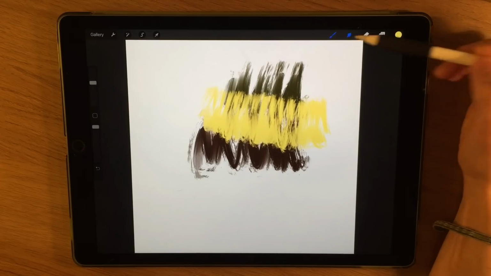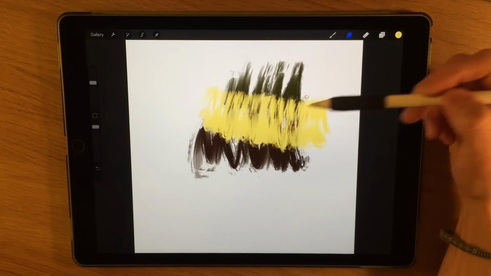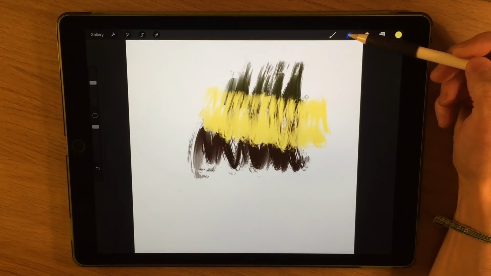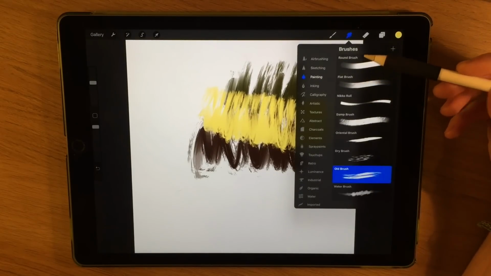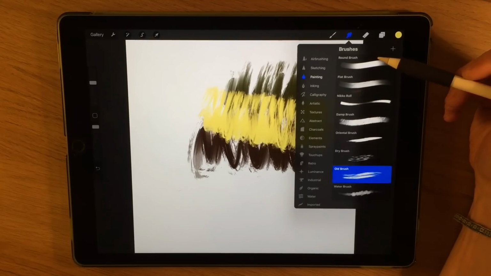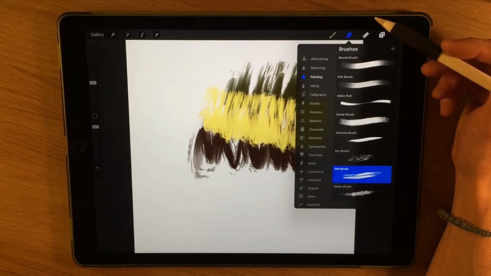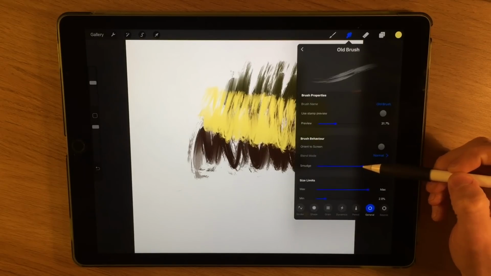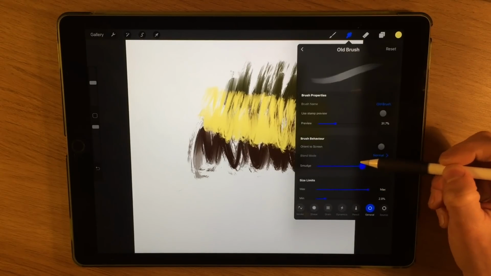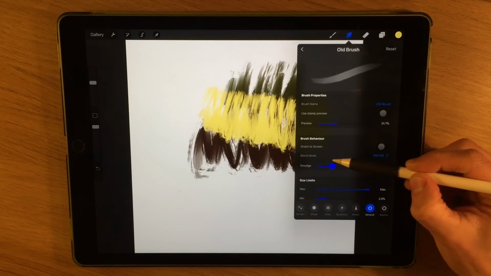So when it comes to the smudge tool, it works much like the brushes. If you're on the smudge, you can choose from all the different textures. All the different options that I've run through with the brushes are just as applicable with the smudge tool as well. If you go onto the brush here, you have the option of how aggressively the actual smudge tool is going to